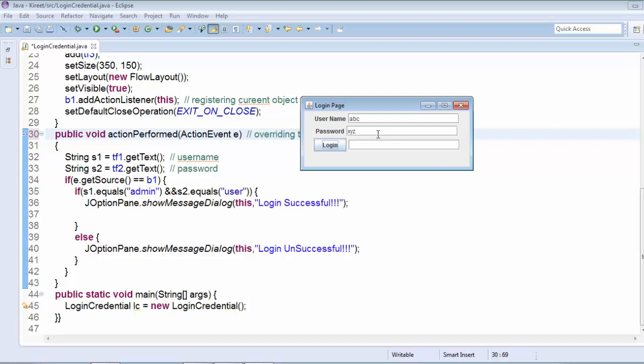Try to hide this password. Use something so that the password is not visible to others, so this XYZ must be hidden. Just hide it with some characters. You can do it very well with the help of this Swing class, because it gives us the features to do the same.